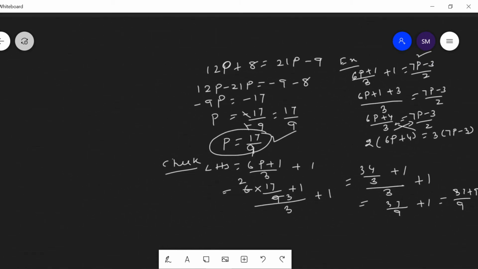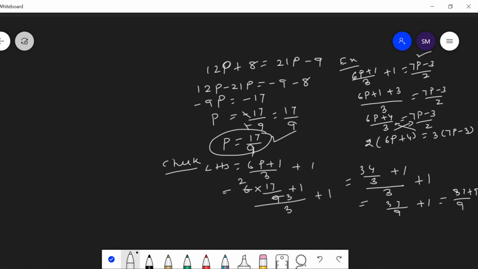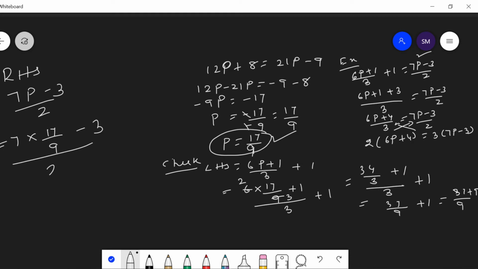Put this and solve. Then let us put the value of p equal to, let us take the RHS. Here the RHS is 7p minus 3 upon 2. Put the value of p as 17 upon 9 in the RHS. Then let us solve it. Then this is equal to 119